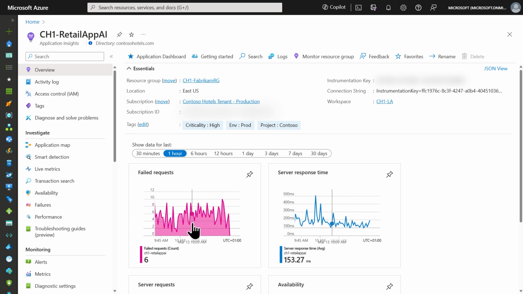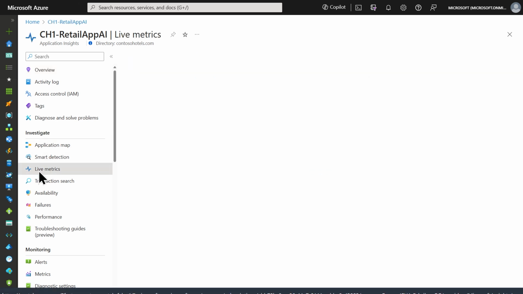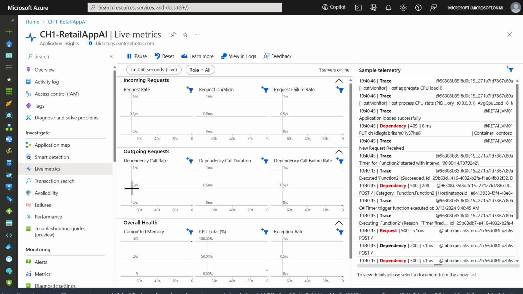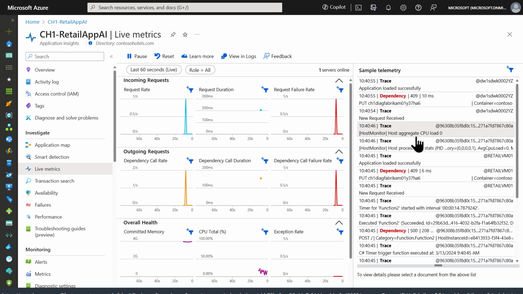This is always a few minutes off, but we can use this Investigate section here and then go into Live Metrics, where we will create a session that will then show us live metrics. So you can then see what is really going on right now. Whenever there's a request coming in, and there should always be a request coming from somewhere in the world right now, as you can see on the right-hand side, a lot of different requests coming in, different trace logs appearing as well. But there are some requests where either automation or people are actually doing some